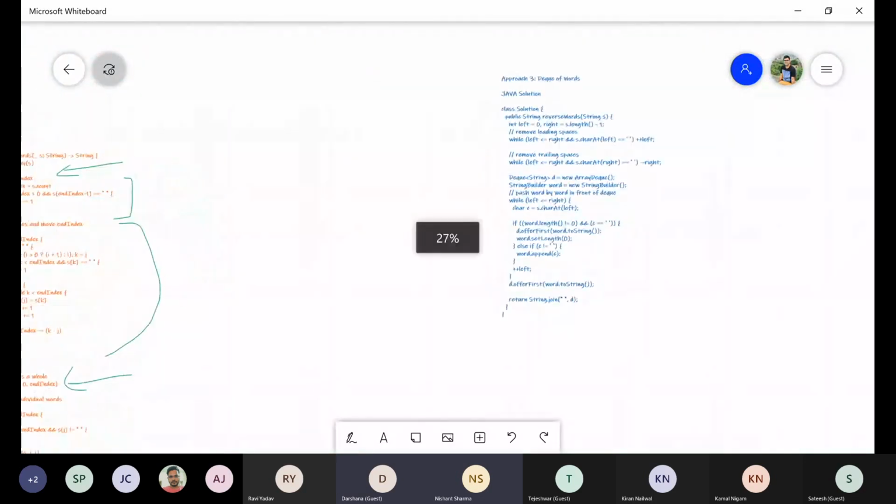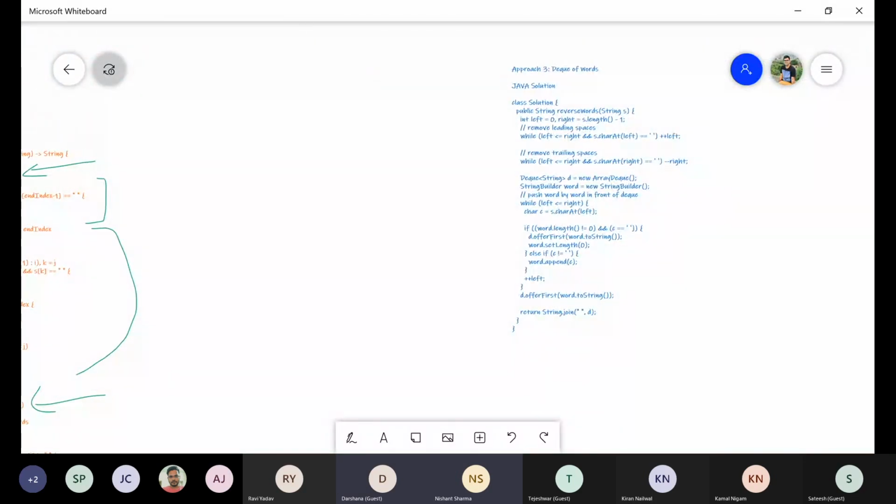I will not go deep into the third approach. The third approach says we first remove the leading and trailing spaces. We do not need to consider the mid spaces in the third approach, only the leading and trailing spaces. Then we start traversing our string, and once we find the first word, we insert it into a DQ. Similarly, once we find the second word, we insert it into the DQ.